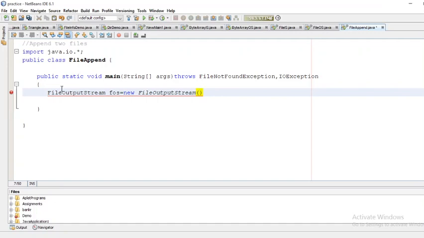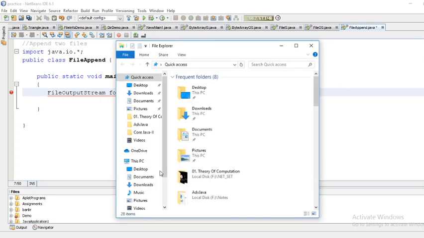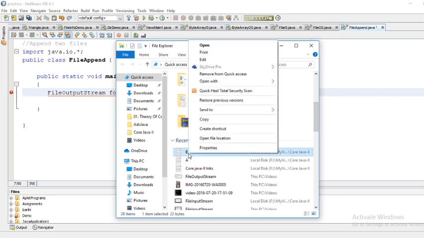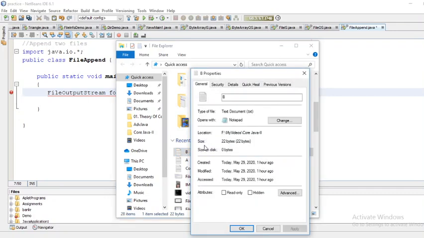I need to give the path here. I will copy this. I want to write into file B. I go to the properties of B. I copy